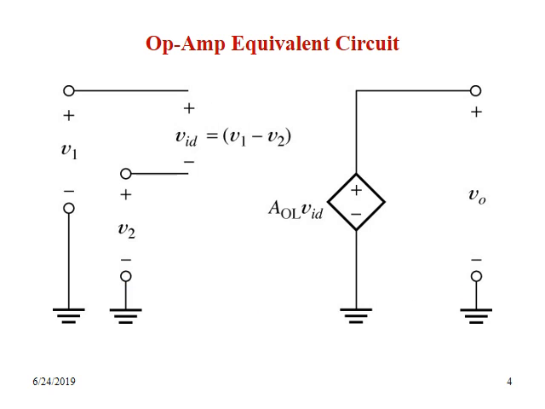Now here you can see the equivalent circuit of op-amp. We saw in the earlier slide there are two inputs, non-inverting with plus sign and inverting with minus sign. That input is known as the differential input. Here you can see VID, which is given as V1 minus V2, and at the output we can see that the output is nothing but VID multiplied by the op-amp's open loop gain. So this is the op-amp equivalent circuit in open loop mode.